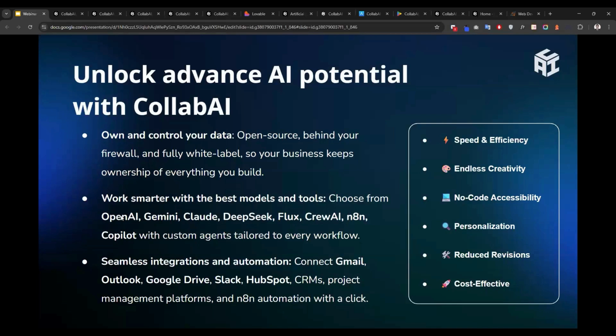You can smartly use the best models with Collabai: OpenAI, Gemini, Claude, DeepSeek, Flux, Crew AI, N8N, Copilot, whatever agents you need. These can be customized based on your needs with seamless integration with today's modern integration services.